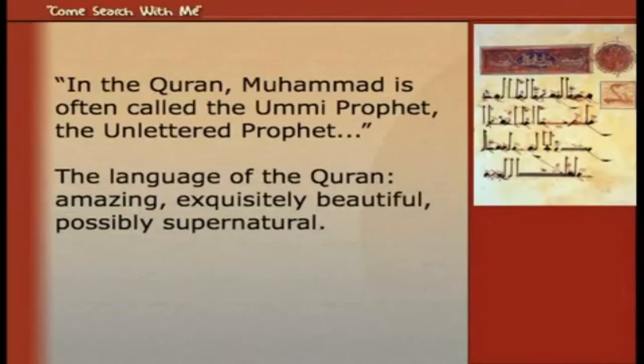And yet in the Quran, Muhammad is called the Ummi prophet or the unlettered prophet. Muhammad could neither read nor write. He was illiterate. And that is why it is called the Quran. The word Quran means recitation. What he heard from the angel Gabriel, he would come and recite. And there were people who would quickly try to memorize what he's saying or write it down somewhere, and then they gathered it up into a Quran. And that is why the Quran is called Quran, which means a recitation, because he was unlettered.